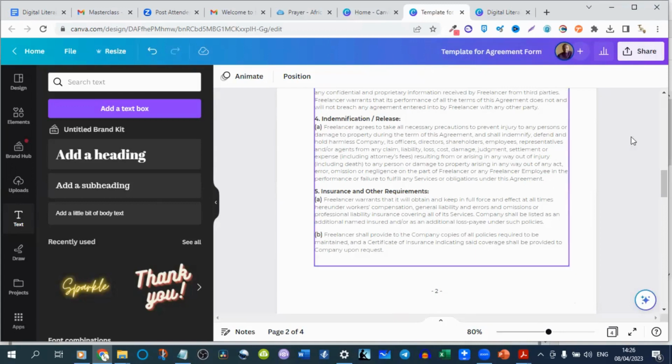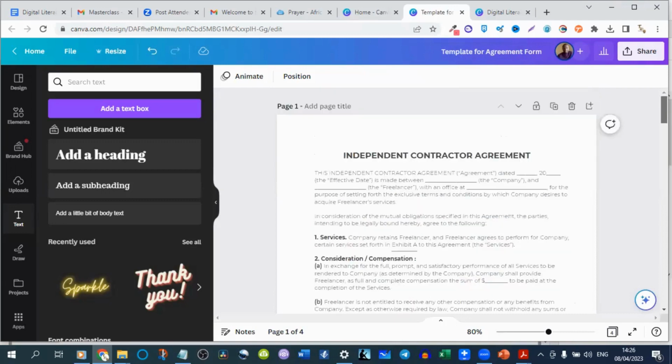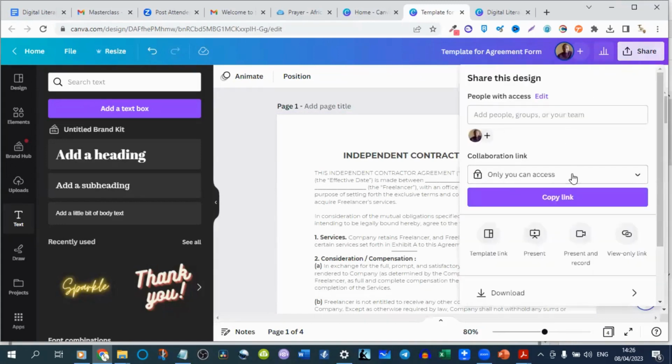So that is our file name for this document. So when you're done doing that, just click on share. When you click on share, it's going to pop out this and scroll down to the bottom and click on